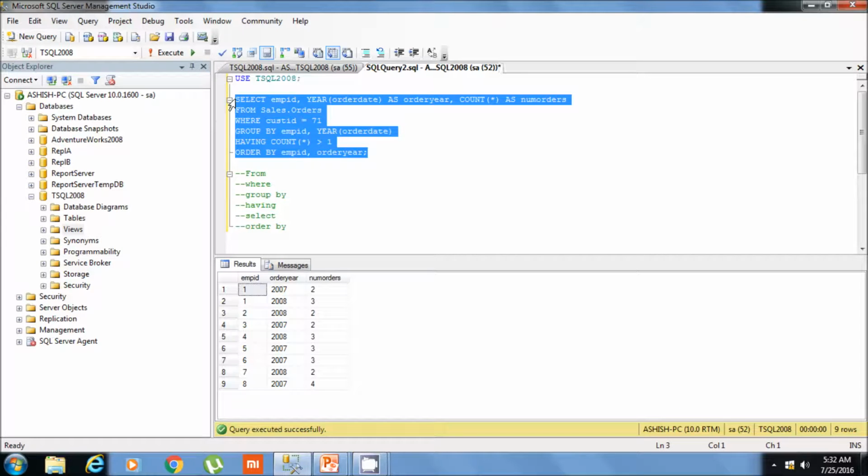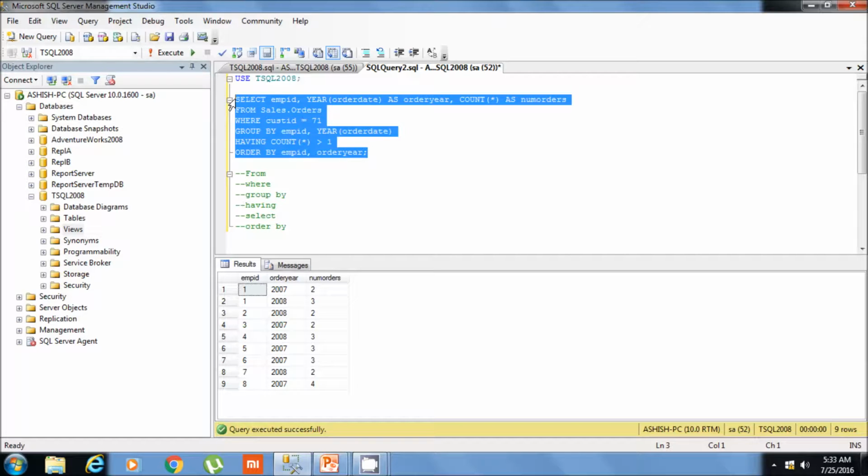This whole query is giving orders of customer ID 71 where, for each employee and year, if we have more than one order, then we get in the result that employee ID, that year, and the number of orders for that employee in that year.